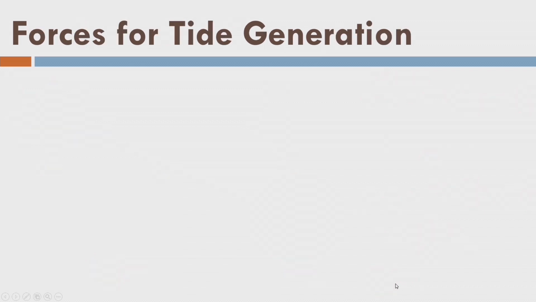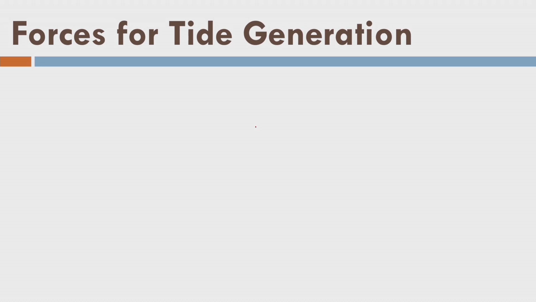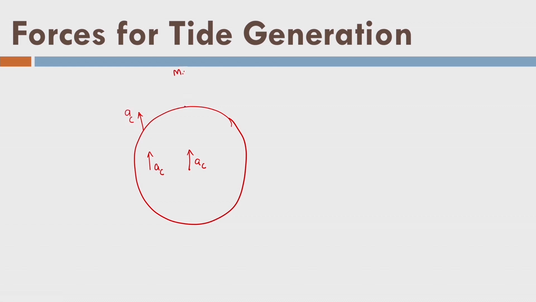Now what are the forces for tide generation? How is tide generated? Imagine that there are some forces on the surface of Earth, say because of the Moon. So here there is a force working like AC at each and every point, and at the same time if there is a Moon here, then what will happen? There will be force AC, that is because of the gravity, the interaction between Moon and the Earth. So this is center C, but at the same time there is another force working here called A1, or I call it AM now. So direction of AM at each point is towards the Moon.